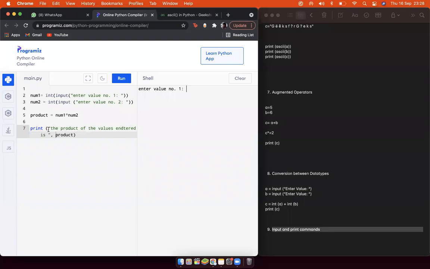What this is doing is that it will first ask me to input the values. We're adding a 69 again, and we're adding a 420 again. So yeah, the product of the values entered is 28980. Okay, yes, this is a very nice code.